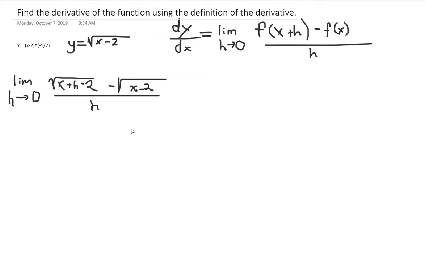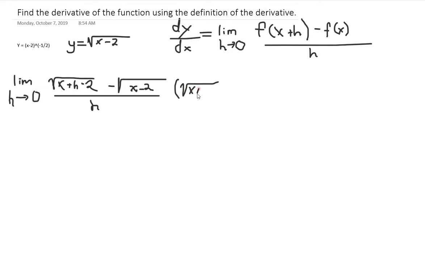Now this is when you use your algebra. Because this right here, this is the derivative of that function. If we take the limit to 0, we'd get the derivative. Unfortunately, we need to do something to get that h out of the denominator because it's going to mess us up. So what we'll do first is we're going to do the conjugate of this radical on top. So we'll multiply everything by